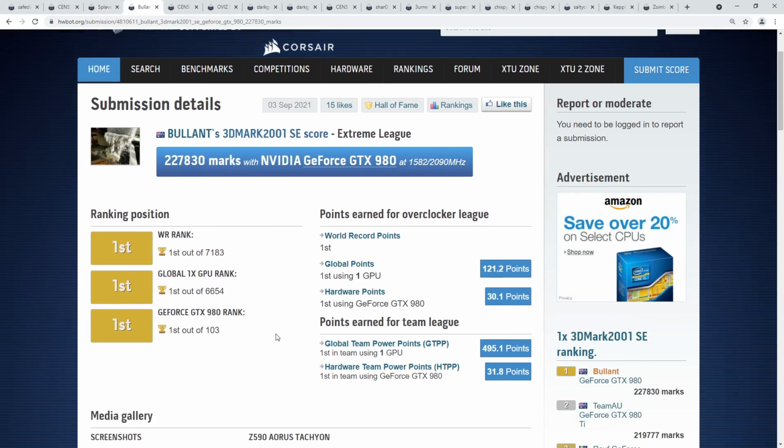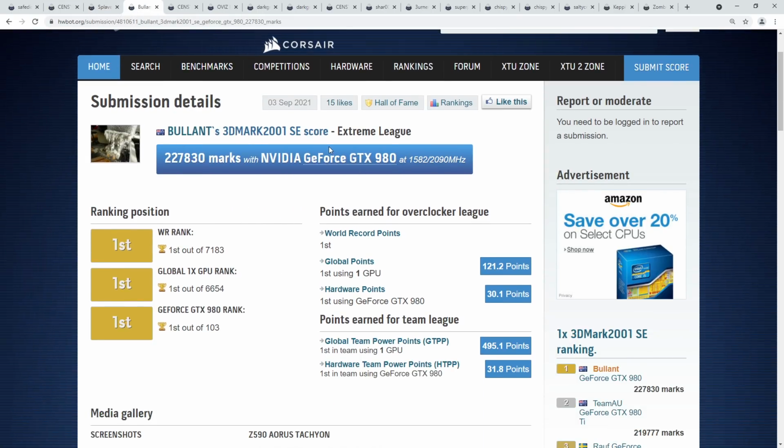And now we get a score that I am very impressed by, mostly because I don't understand how this works. So, Bull Ant has taken the world record for single GPU 3D Mark 2001. Actually, just straight up world record for 3D Mark 2001. Because the funny thing about a lot of these really old 3D benchmarks is that they're basically CPU benchmarks. And so the overhead of having more than one GPU just basically makes it impossible to take the world record. So you get the world record with a single GPU setup. So outright world record for 3D Mark 2001